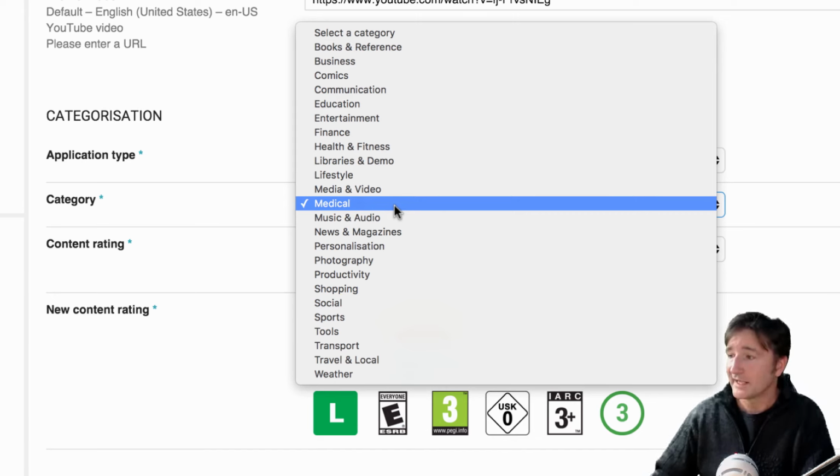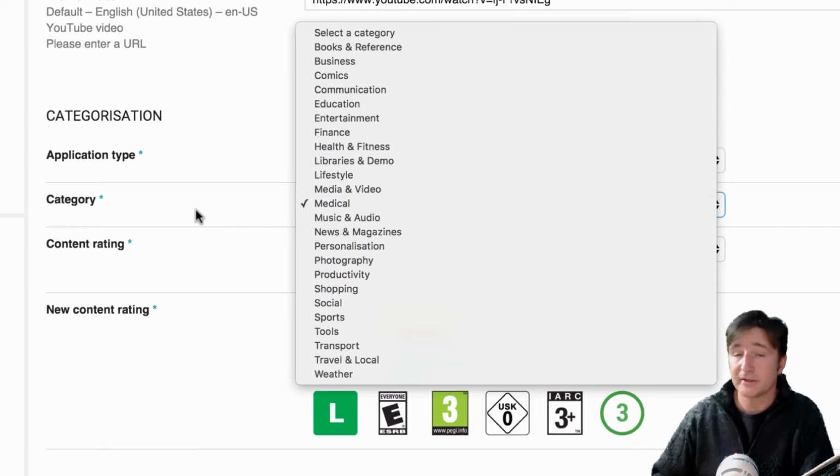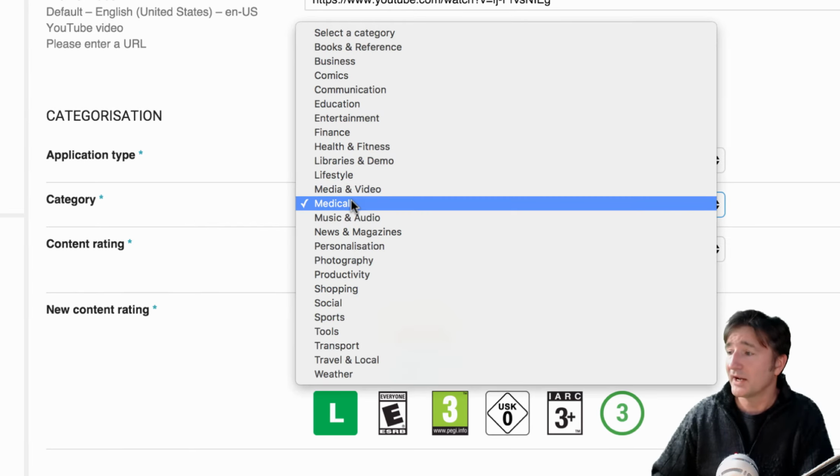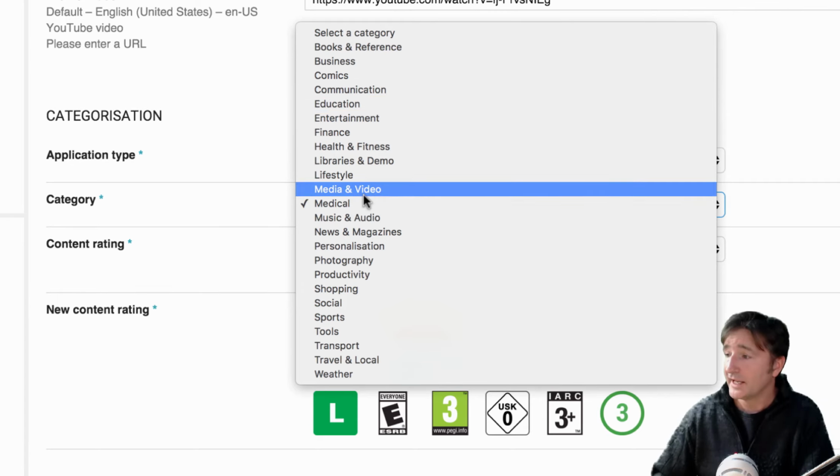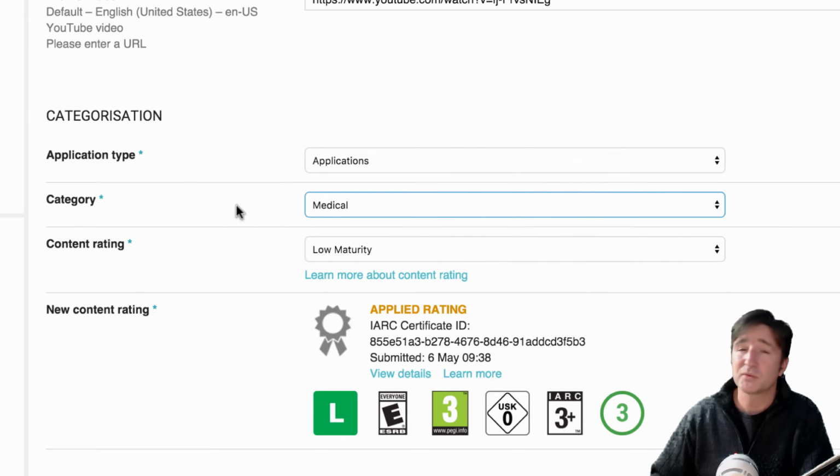You can just go through and say, if your app's not performing well in one category, try it in another one for a few days. See if there's any kind of bump. Maybe somebody will be searching a certain category, browsing, and then they'll find it. Or maybe it'll just start performing better in another one. This one, EarSpy, we started off in communication because it was kind of a strange app, and I wasn't sure where to put it. Later, because a lot of people use a hearing aid, I moved it to medical. It's in the top medical apps in all these different countries. A few weeks ago, it was number 9 medical app in the US, which made me feel bad for number 10. But that's all it is.